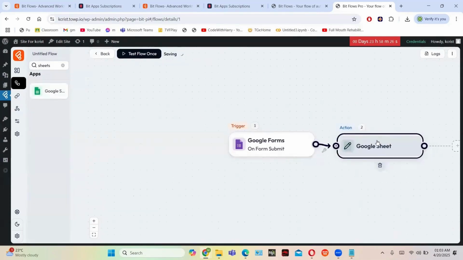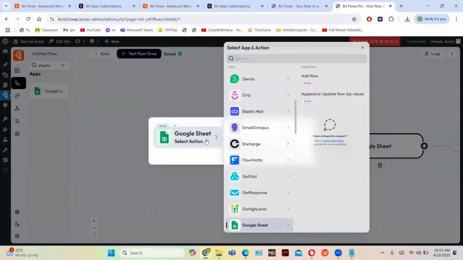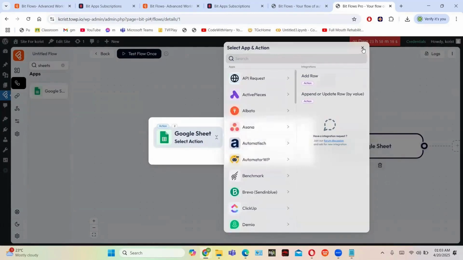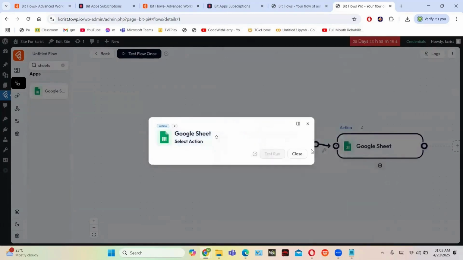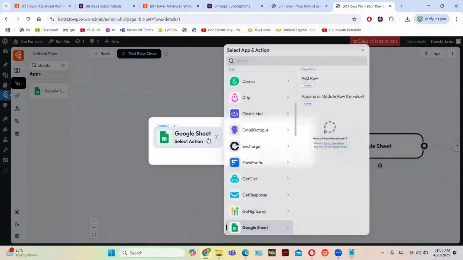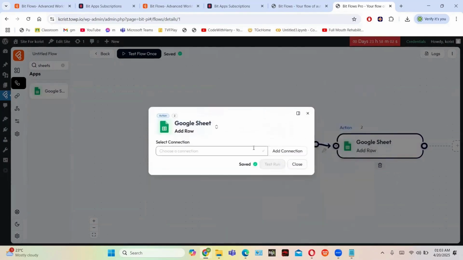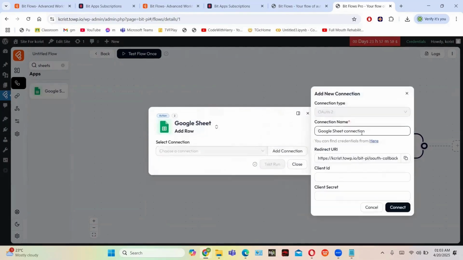The action is Google Sheet, and then just double click on this Google Sheet button to make changes in the particular thing. And you have to do one thing, the Google Sheet select action, you have to select an action. Either you have two actions, add a row or append or update a row. So I'm choosing add a row. Upon just filling the form by the user, a new row will be added for the new data,